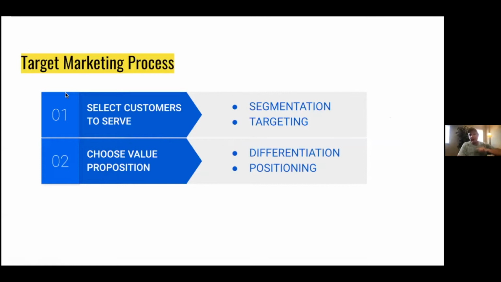And what we'll do next time is, next time we're up to bat and we all get together, I'm going to talk about targeting after segmentation. So we'll go into that. And then at a future one, I'll talk about differentiation and positioning. This process is a whole process that is, I would say, 5 chapters in the marketing book that I teach from, but it's a whole thing.